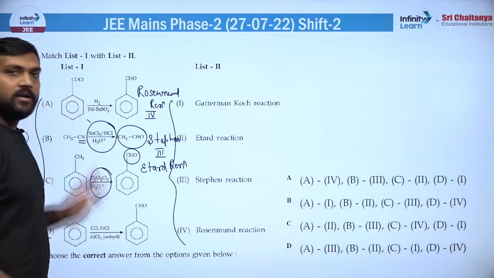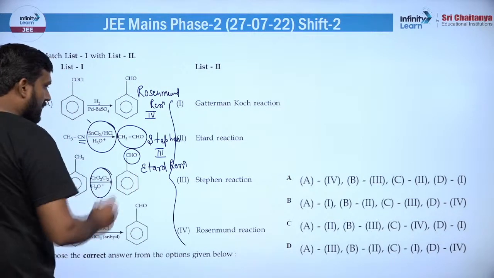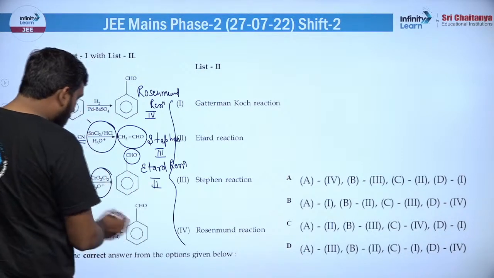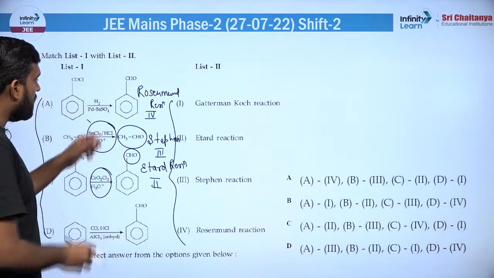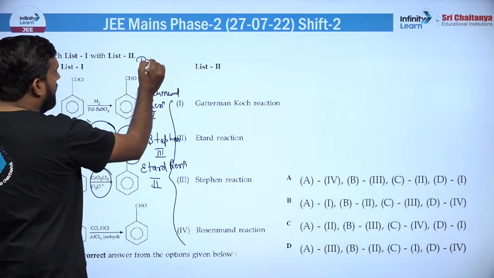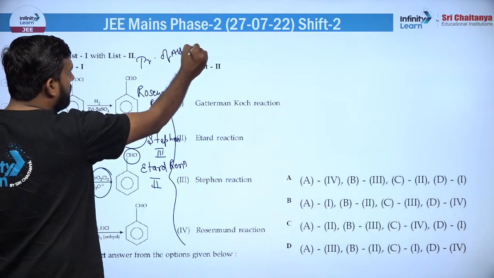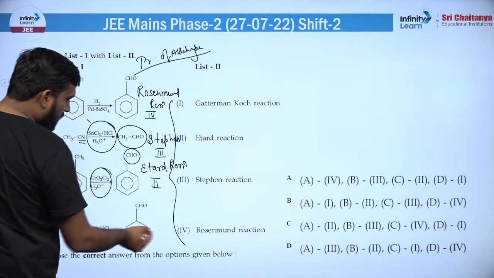करके आप ये रिएक्शन कंडक्ट करा सकते हो, ठीक है। तो ये आपको याद रखना इंपॉर्टेंट है। इटार्ड है, इटार्ड कहां दिया हुआ है, सेकंड में दिया हुआ है, ठीक है। फिर ये लास्ट वाला जहां COHCl यूज करके एल्डिहाइड प्रिपेयर किया जा रहा है, ये सब प्रिपरेशन ऑफ एल्डिहाइड से है, ठीक है। ये प्रिपरेशन ऑफ एल्डिहाइड वाले चैप्टर में आपको सारी रिएक्शन एनसीईआरटी के अंदर भी मिलेंगी, ठीक है।